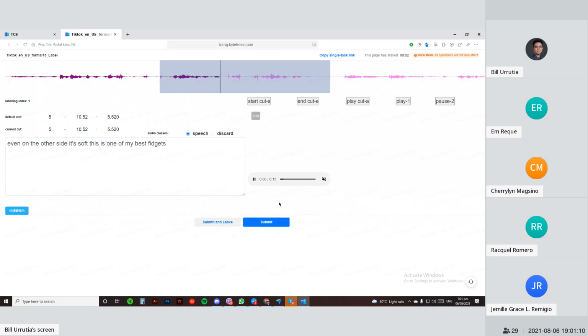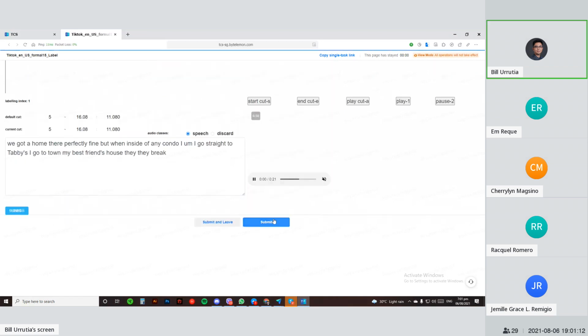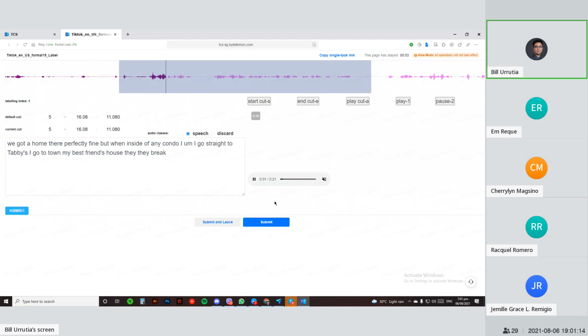Even on the other side, it's soft. Like at home, they're perfectly fine, but